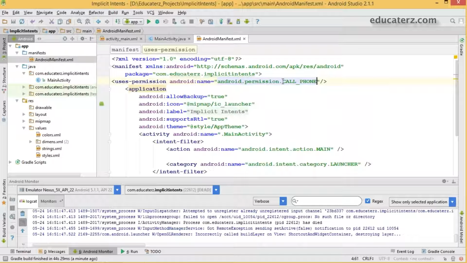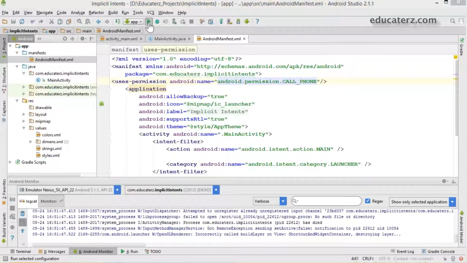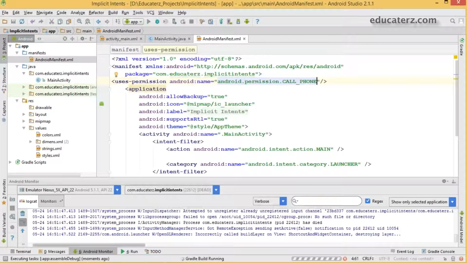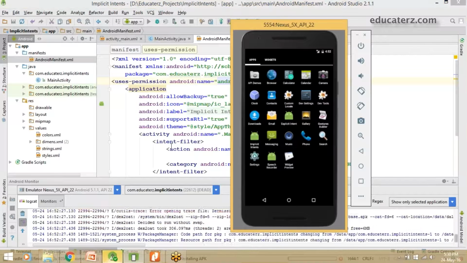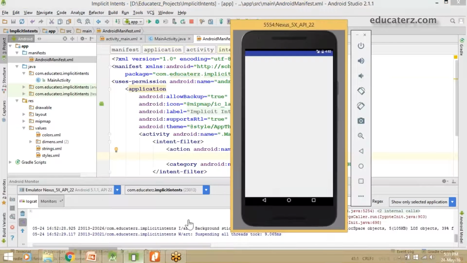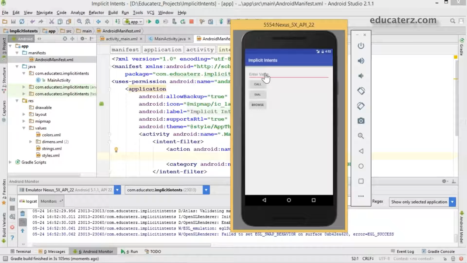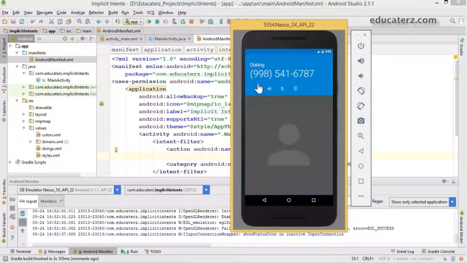Call phone permission. Save this. Now run it. It will load in a very short period. Now enter the details and click on the call button. So it is going to start your call. The timer has started. So this is how it works.